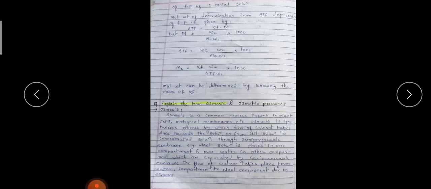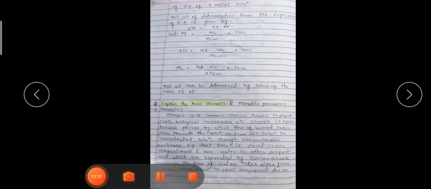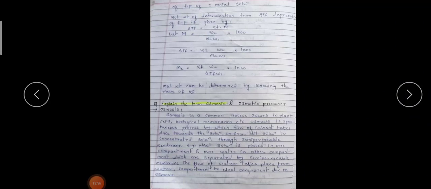Please practice the equations. Both equations are the same, again and again I am saying. Please practice well. If you are practicing well, then you will not suffer any problem. Please practice these derivations very well. If you are having any difficulty or problem, you can freely ask me on the Telegram group or here on Google Classroom, or you can call me also.